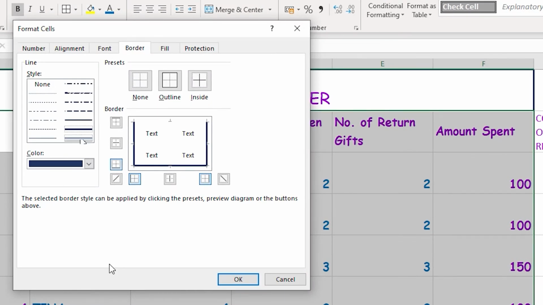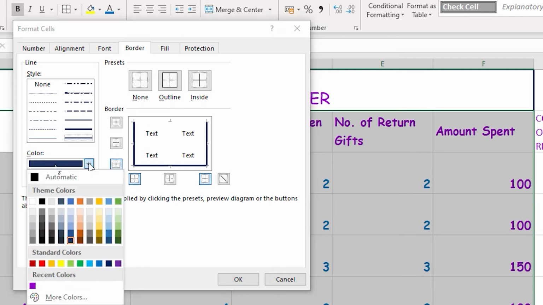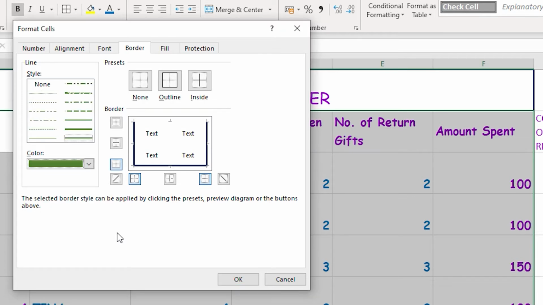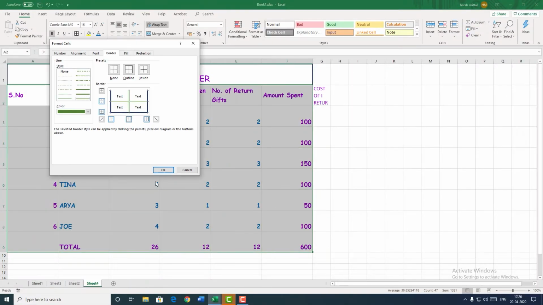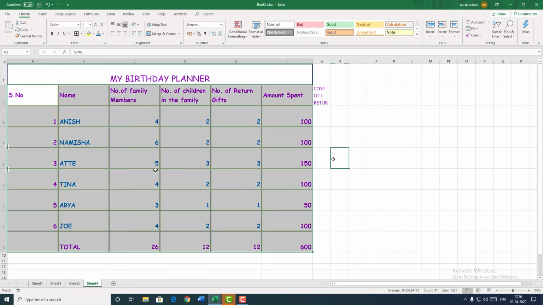Here I choose the line style. Now this time I'm choosing the line style as double lines. I choose the color as blue. You can choose it to any other color, and take the center lines, take the side lines this time, the lines in between. We don't want any diagonal line, that's it. So we want the center and the side lines, the in between side lines. So that is how we get our borders in between.